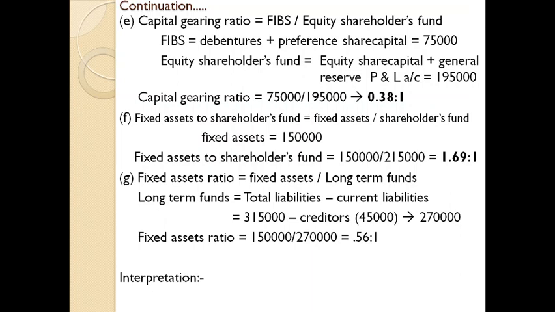I hope you have understood the concept of dealing with a question like this. Remember, in the question, they will ask to find a specific head. So whenever they are asking for ratios coming under a specific head, it is implied that you need to find the ratios of all the tools or ratios that come under that specific head.